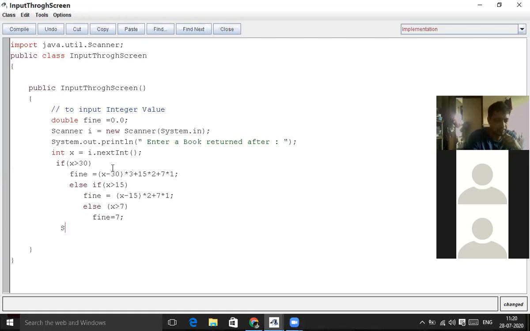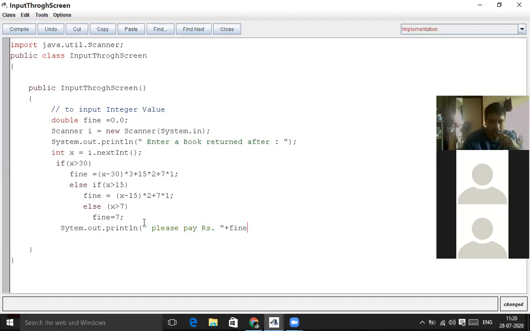So System.out.println, what we are going to print: please pay rupees. How much rupees is there in my variable fine?